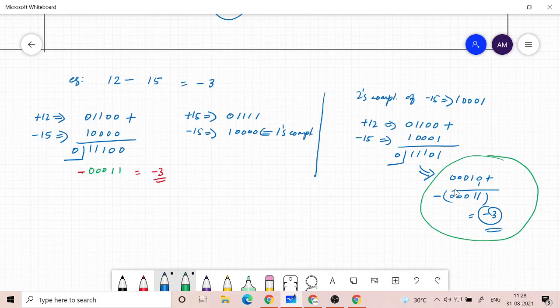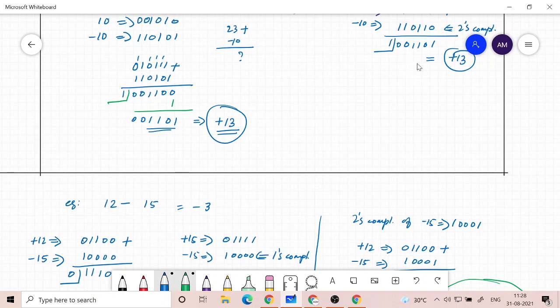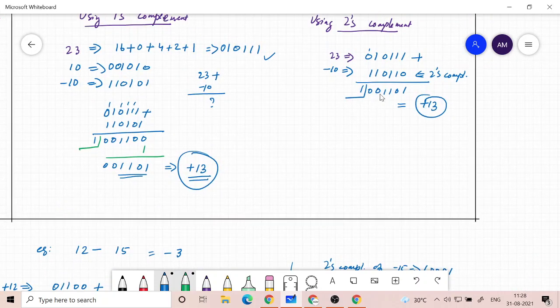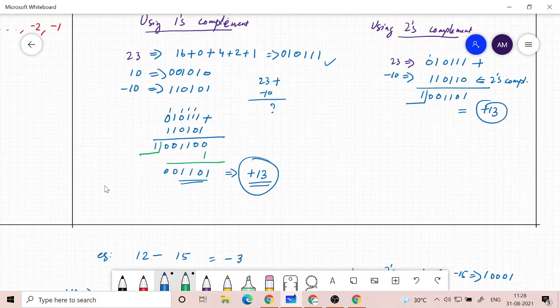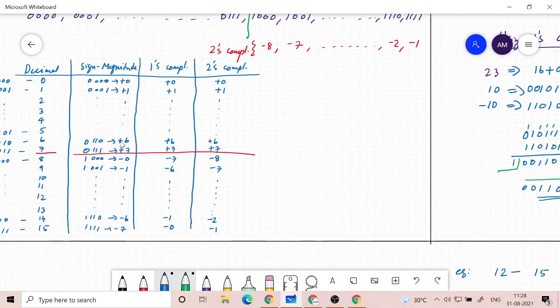Okay, sir. Yeah, but if you have a carry coming, you don't need to. You can check it yourself from the answer, right? If a carry is coming, you discard the carry, and I told you that this is the answer. Yes, sir. Because it's a positive number, it is the same for all three representations. Positive number is the same, right? Whether it is sign magnitude, 1's complement, 2's complement, all are the same. So I can immediately verify, I don't need to do anything.